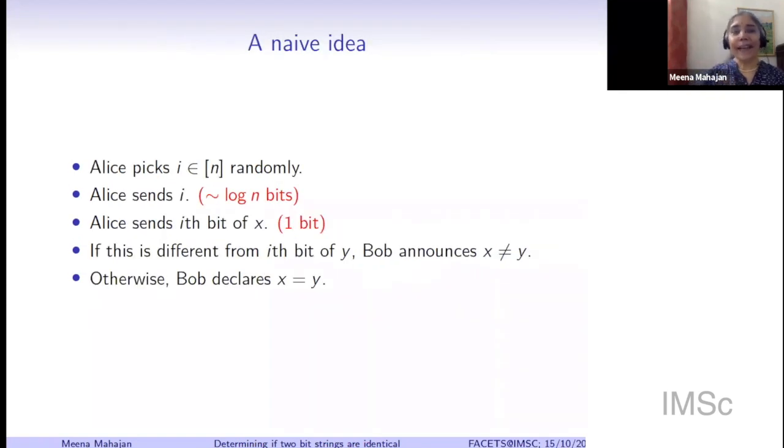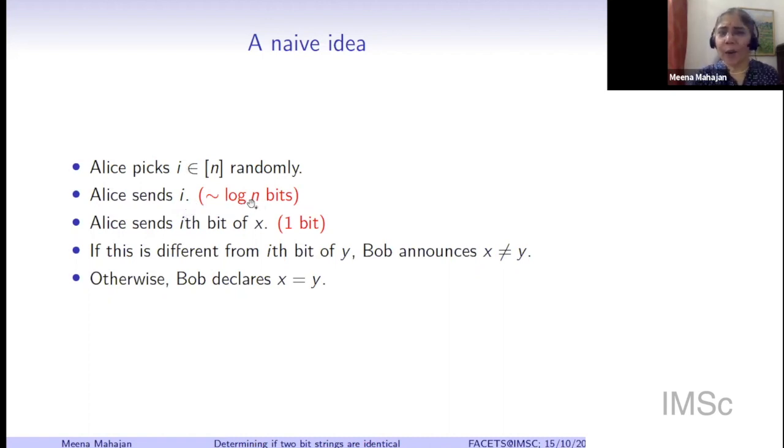So here's a very naive idea. Instead of sending the whole bit string, the whole power of randomness is that you sample at some random points. So Alice is going to randomly pick one position i and she will send that position to Bob saying, hey, I'm not going to send you the whole file, I'm just sending you the ith bit of the file. She sends the value of i, because Alice has been tossing coins and Bob is not seeing what is being tossed.